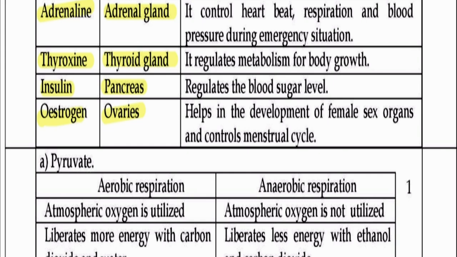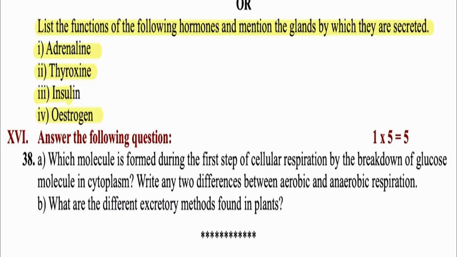Adrenaline helps in control of heartbeat, respiration, and blood pressure during emergency situations, whereas thyroxine regulates metabolism for body growth, insulin regulates the blood sugar level, and estrogen helps in the development of female sex organs and controls the menstrual cycle. Last main, answer the following questions. Question number 38. A. Which molecule is formed during the first step of cellular respiration by breaking down of glucose